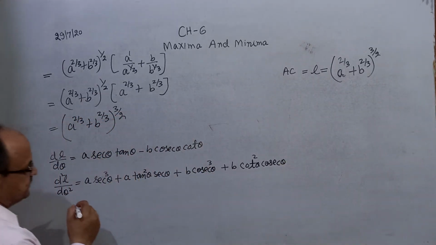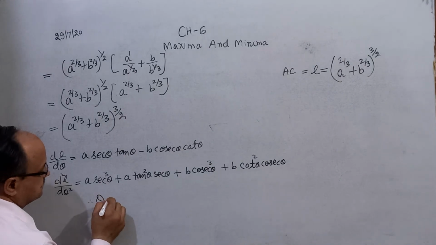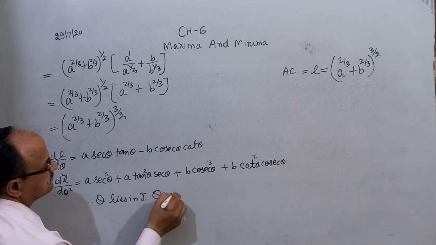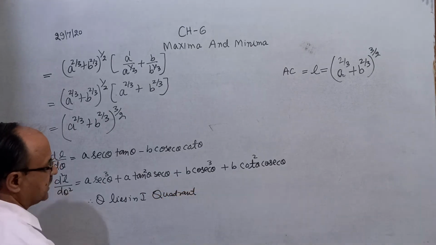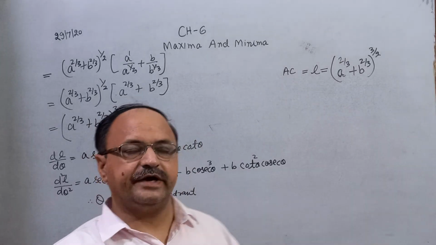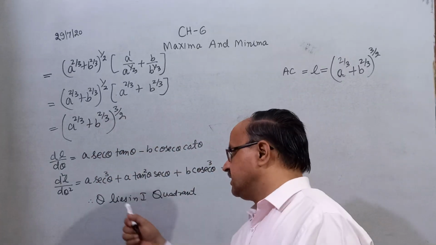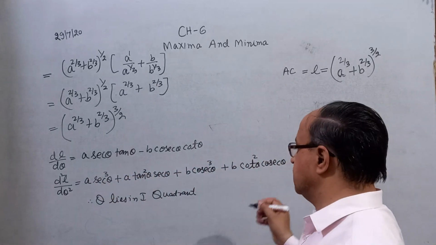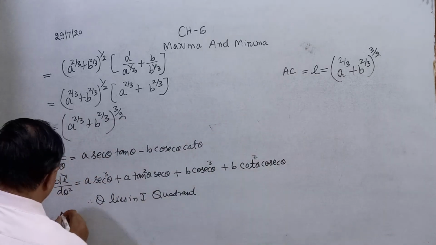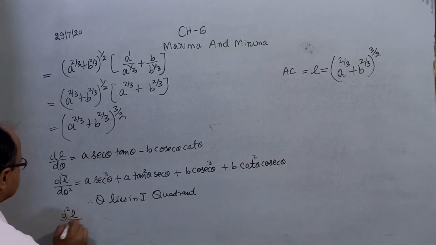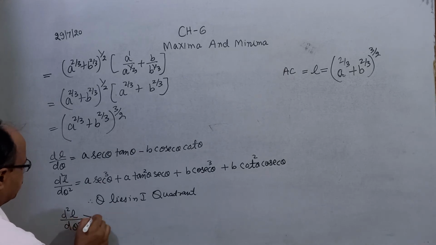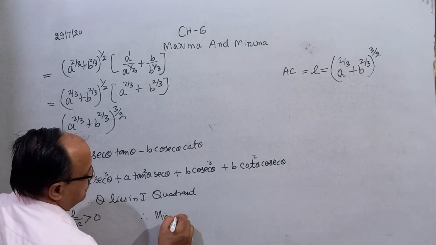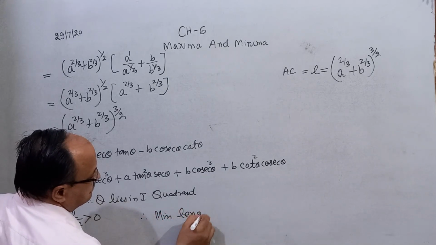Now you know that theta lies in the first quadrant, and in the first quadrant all the trigonometric ratios are positive. Therefore this is positive. Overall the complete solution is positive. So therefore you can say d square L upon d theta square is greater than 0. Therefore you can say minimum length